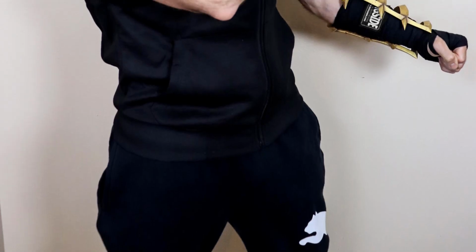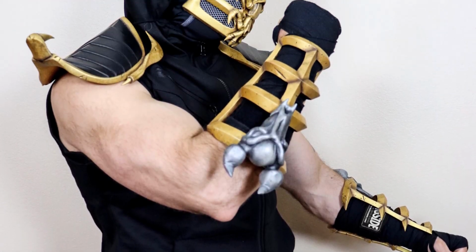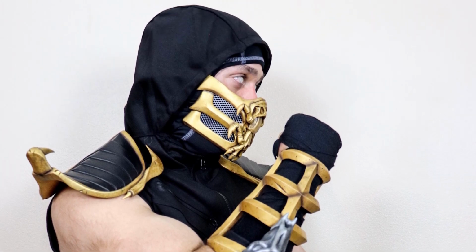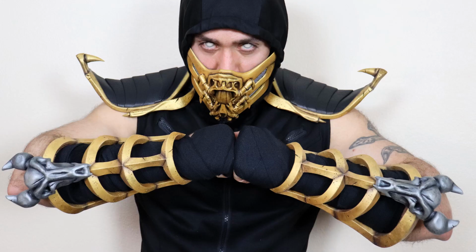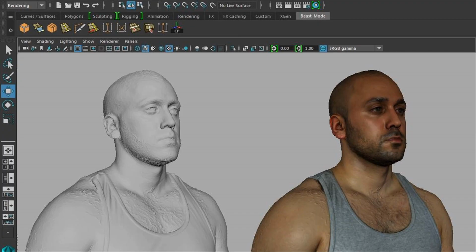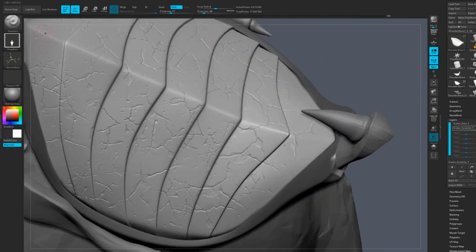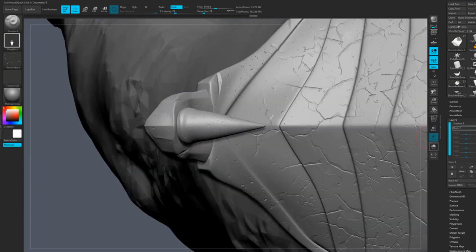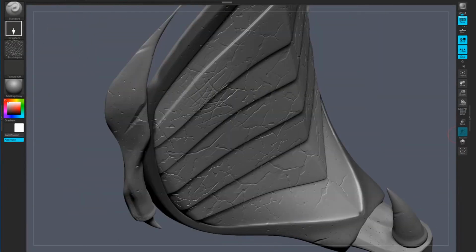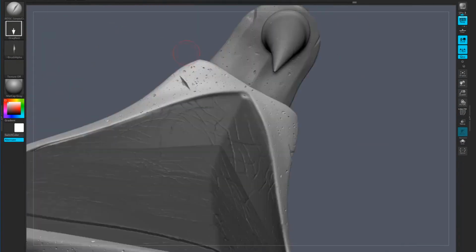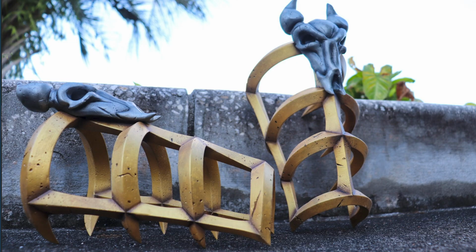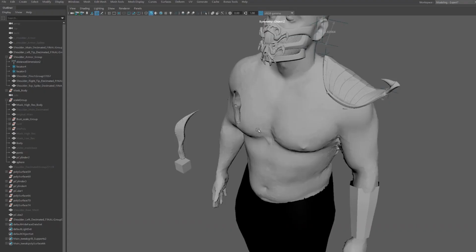I use photogrammetry for this cosplay project. I had pictures taken of me from multiple angles and used photogrammetry to create a 3D model of myself. I then used that 3D model as a base to 3D model parts of this Mortal Kombat Scorpion armor. Using the photogrammetry 3D model of myself as a base ensured that all the parts fitted my body accurately once